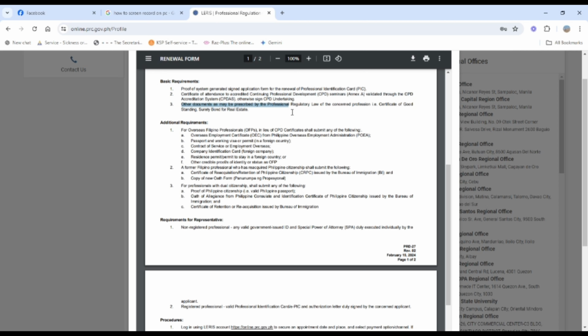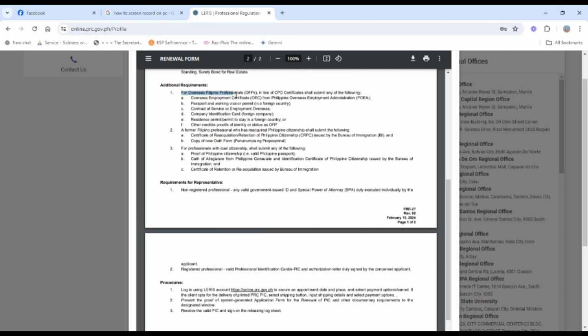And three is other document as may be prescribed by the professional regulatory law of the concerned profession, such as certificate of good standing. Okay, next is the additional requirements for OFW in lieu of CPD. So OFW don't need CPD. Okay, first is OEC if you have.